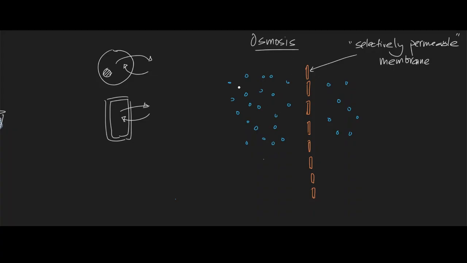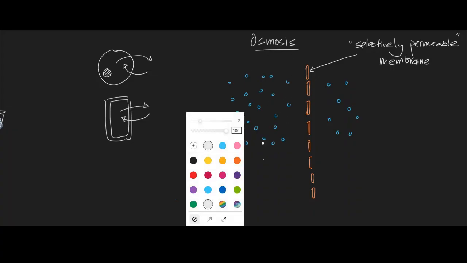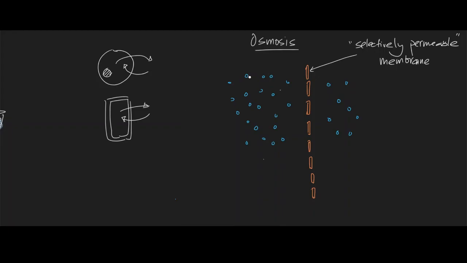So here, osmosis is described as the movement of water molecules. It is exclusively for water molecules as opposed to what we learned in diffusion. Diffusion talks about any molecule, whether it's a gaseous substance or a liquid substance, it doesn't matter. But osmosis is exclusively for water molecules. So these water molecules will move down their concentration gradient, again very similar to diffusion. They will move down their concentration gradient until